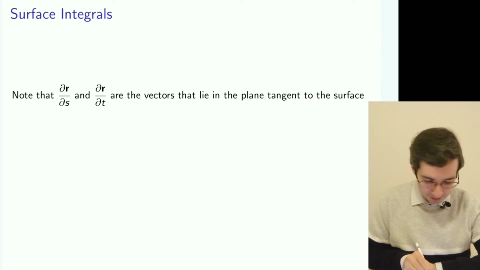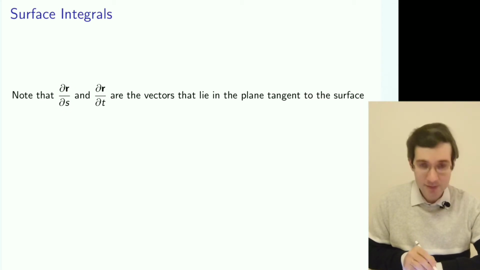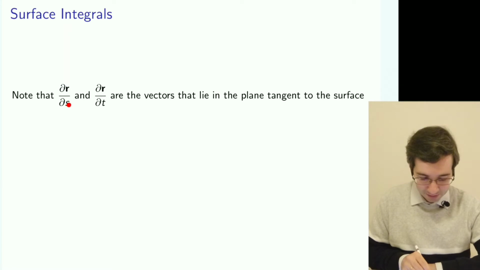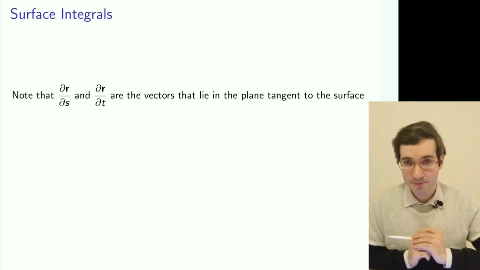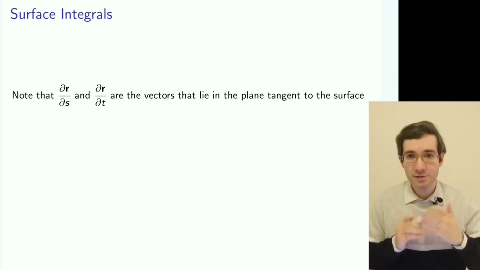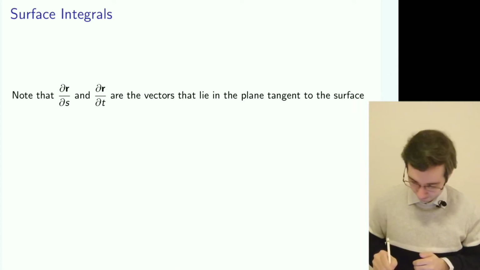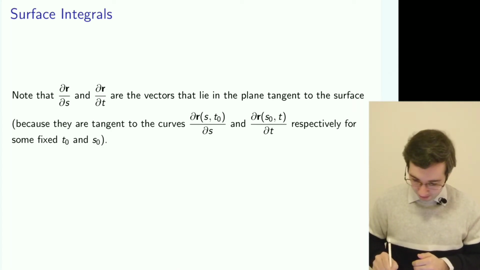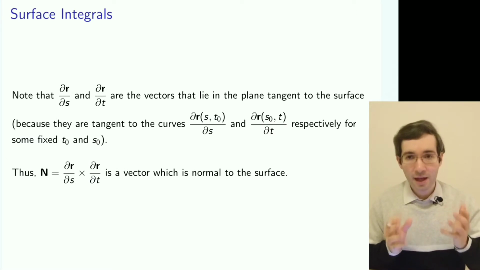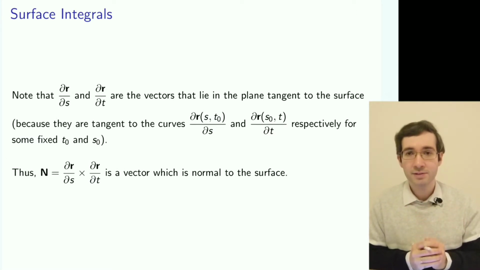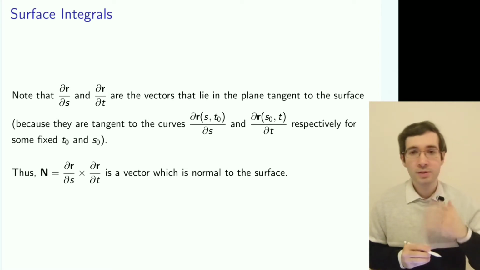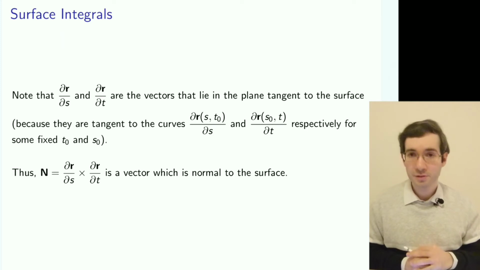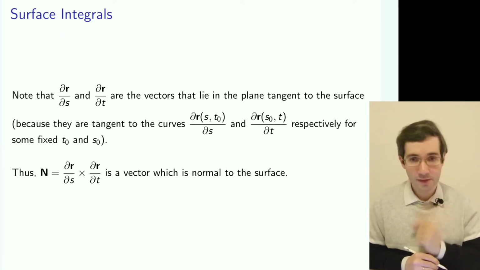What we should note is that if I take a derivative with respect to s for the fixed t parameter, and with respect to t, then we'll get respectively the tangent directions. And these 2 vectors lie in a tangent plane to the surface. And if we take a vector product between these 2 vectors, the cross product, then the vector will be normal, orthogonal to the surface. So that's one thing to bear in mind.